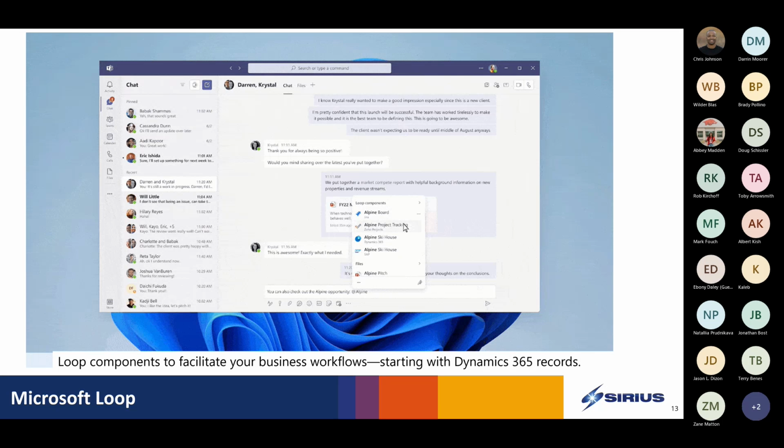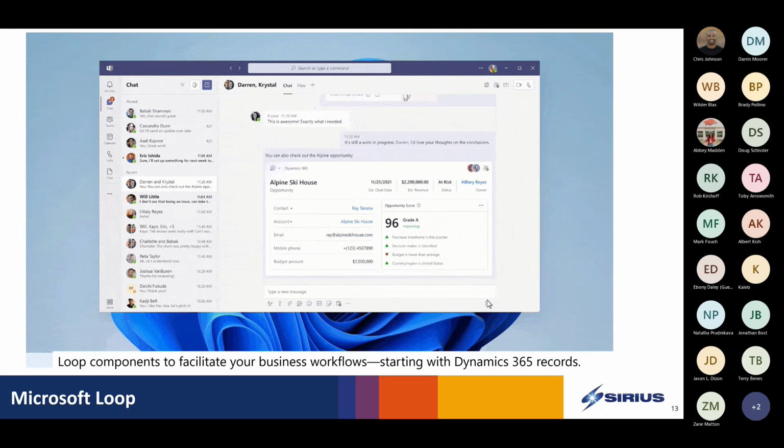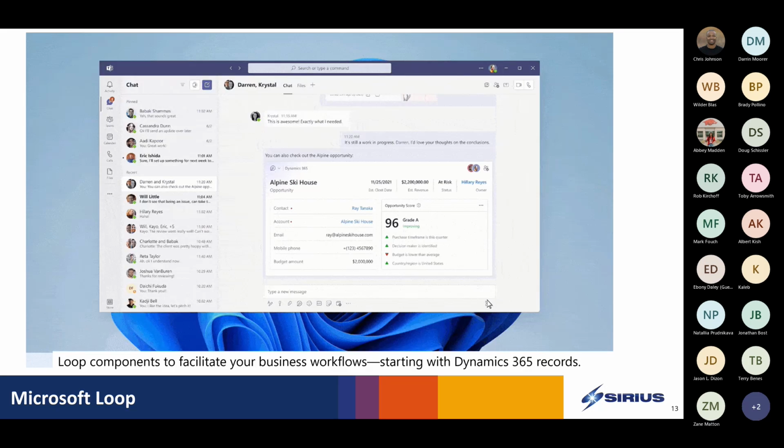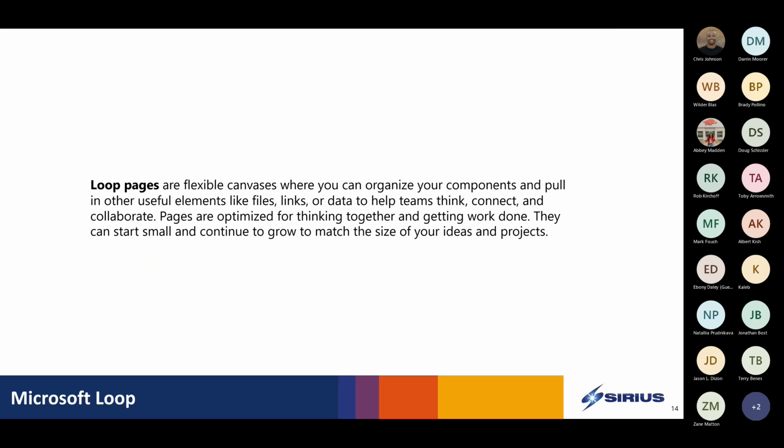For instance, you can see this one is coming with Loop components. You can pull information from Dynamics, you can pull it from your Active Directory. So if you're looking for people, it brings it up in a real easy format for you guys to use. Loop Pages is basically a canvas that you can use to organize all this information that you're getting, whether it's links, data, any type of connection to different collaboration pages in